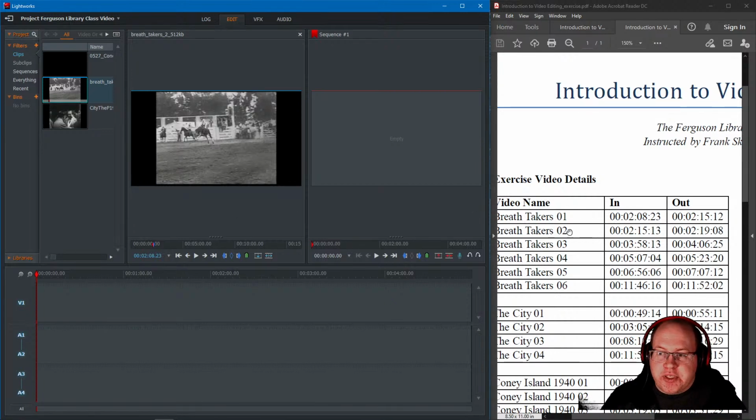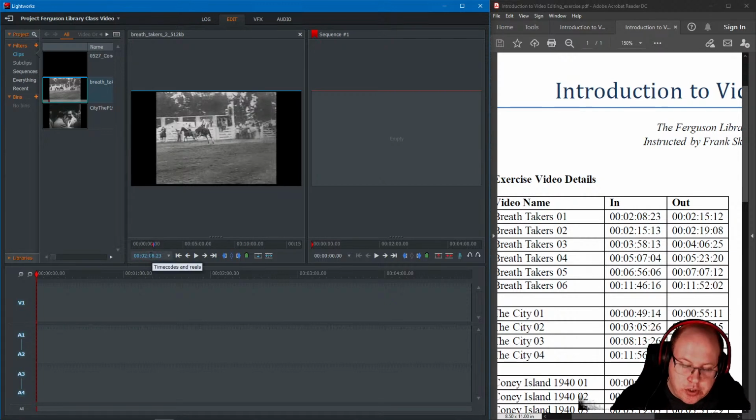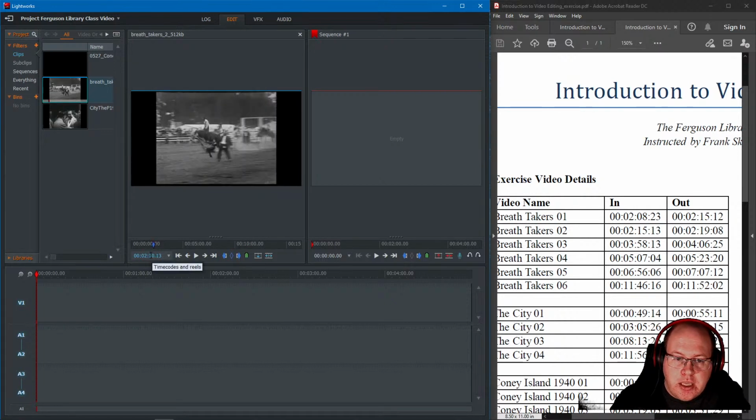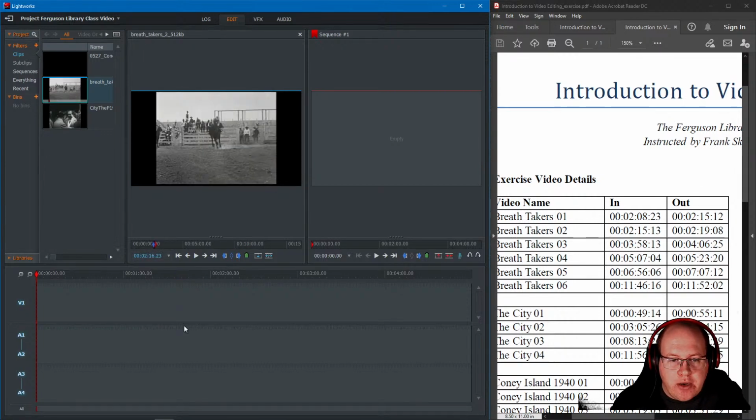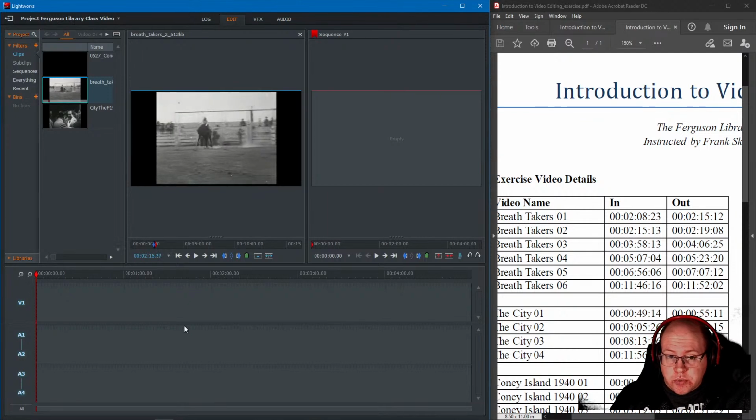So now what I want to do is move my red diamond to this next point on the clip here. We're going to go to 0:02, so 0 hours, 2 minutes, 15 seconds, 12 frames. So what I'm going to do is jump ahead, and I can either press the key individually, or I can hold it down and it will move forward pretty quickly. So you kind of get used to using the keyboard shortcuts, the period, the comma, and holding them down to move through the footage at a speed that you can control and get where you need to go. So we're going to 2:15,